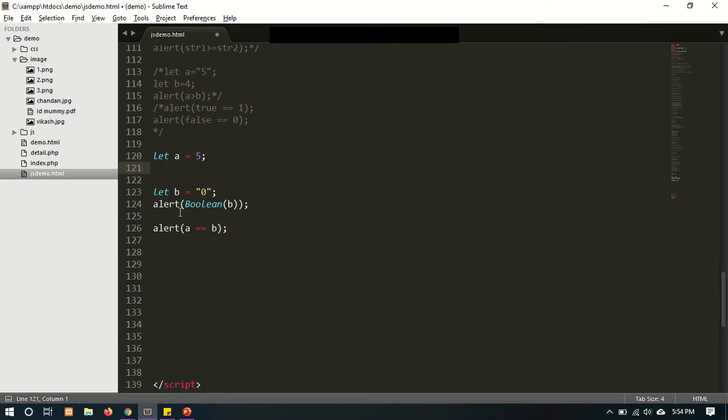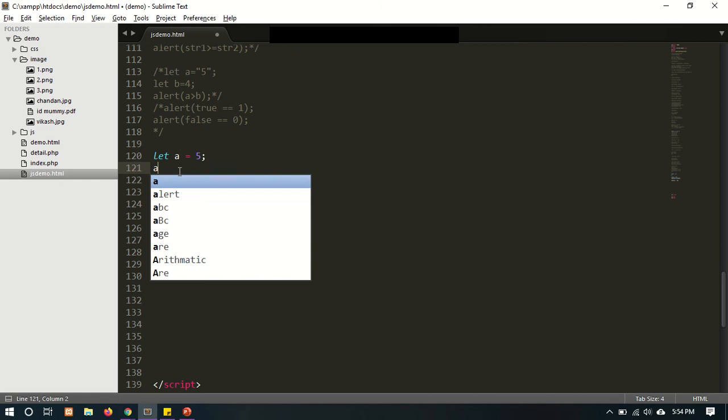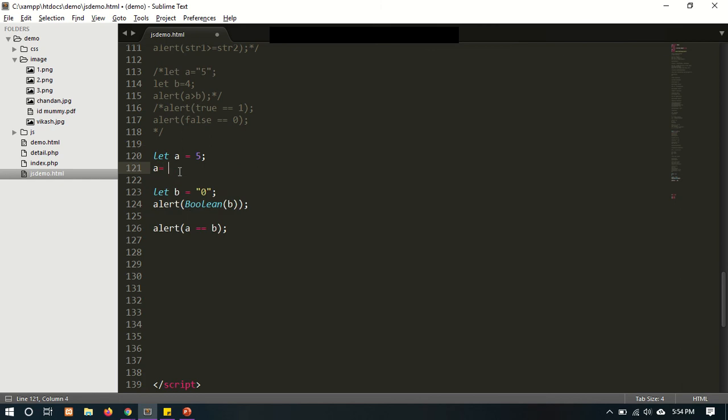Now we are converting the value of a into a string.